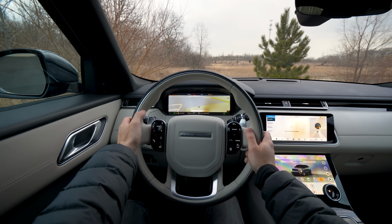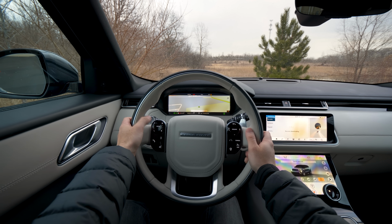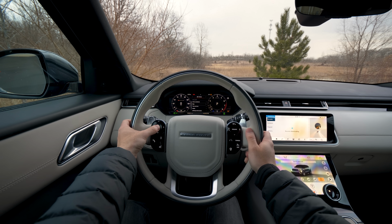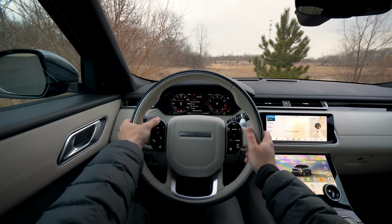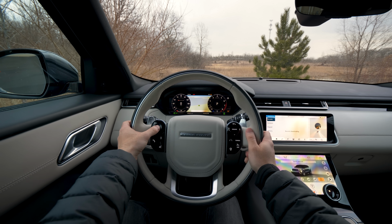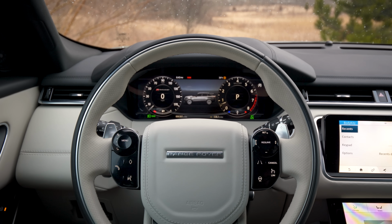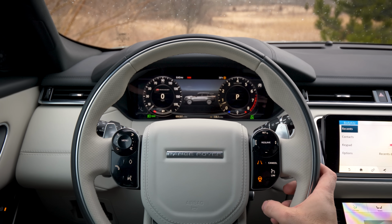You can go to 1 gauge, 2 gauges. You can kind of configure it the way you want, but the biggest problem with it is the physical controls that are on the steering wheel, which also kind of change. The LEDs light up if you're not using the function. The volume can be touch sensitive or pushing it. But when you go into the menus, it's constantly